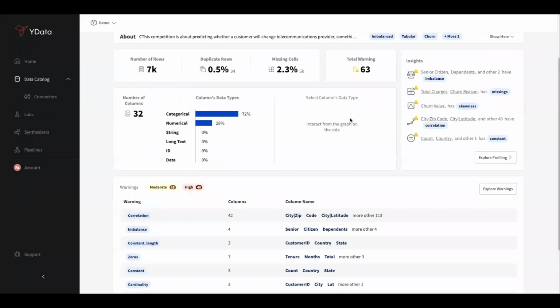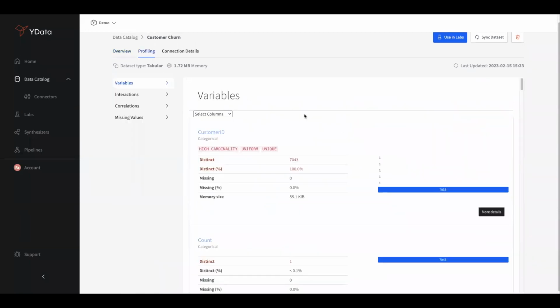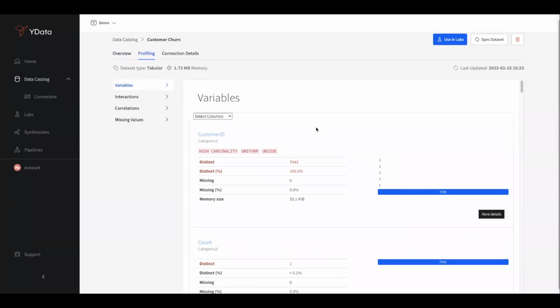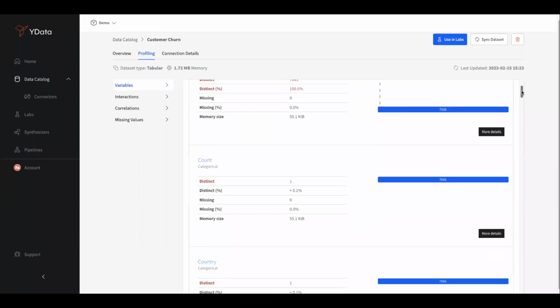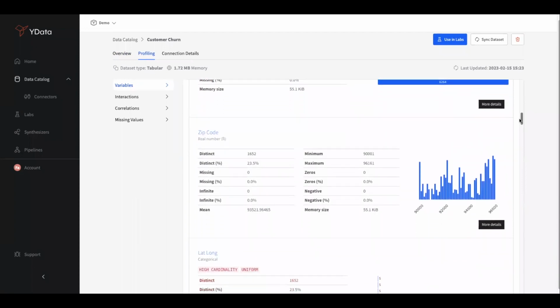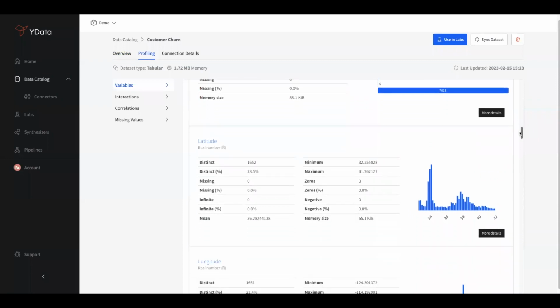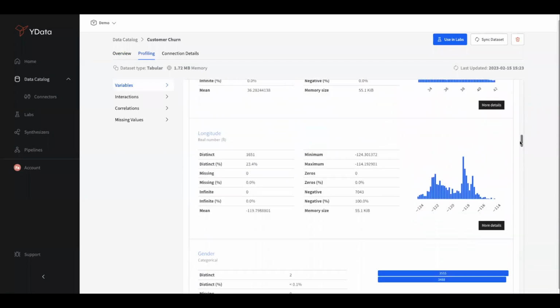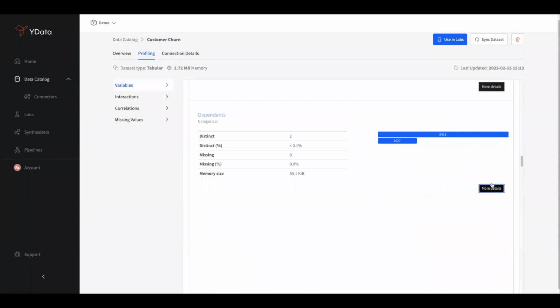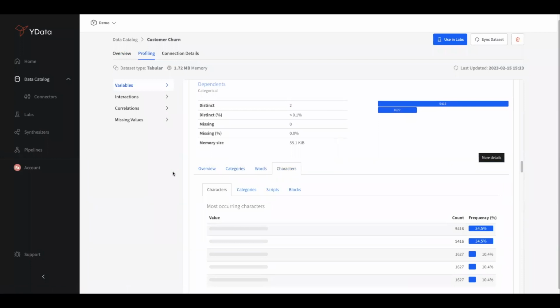But the analysis does not end here. Of course, as a data scientist, I know that while I'm exploring my data, I need to have a thorough detail on how each and every variable works that goes beyond the pandas described. And that's what you can see here in the section where we analyze categorical, numerical variables, booleans, and even date times, and time series data variables as well. You can have a pretty detailed understanding of your data, as you can see, but not only univariate analysis is